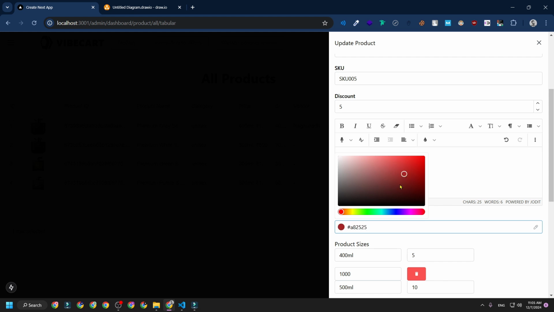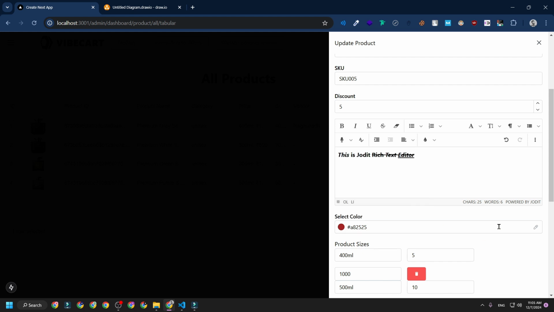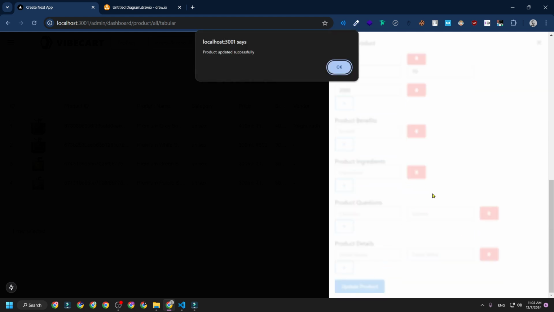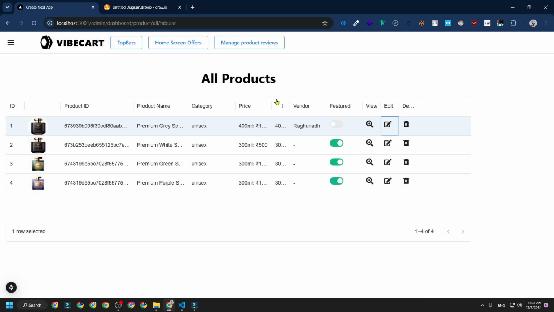It was coming from Material UI and it was a color input. We can choose any color we want. And what if I come here and update the product, you are going to see the message, product updated successfully. Now if I refresh this page once again,